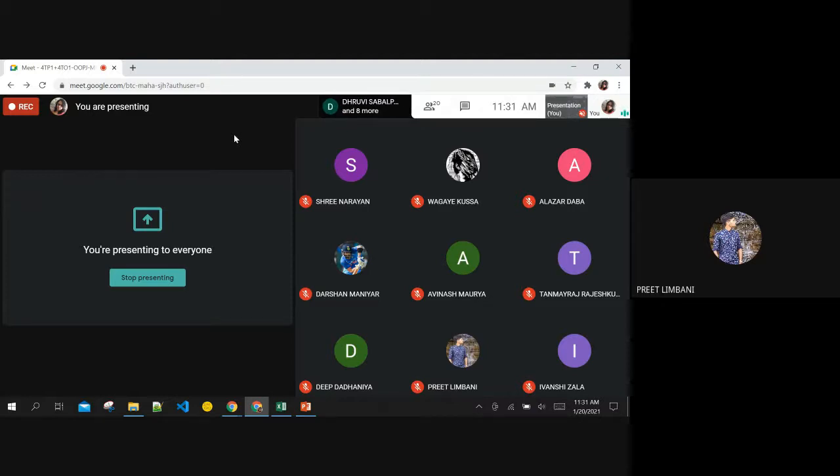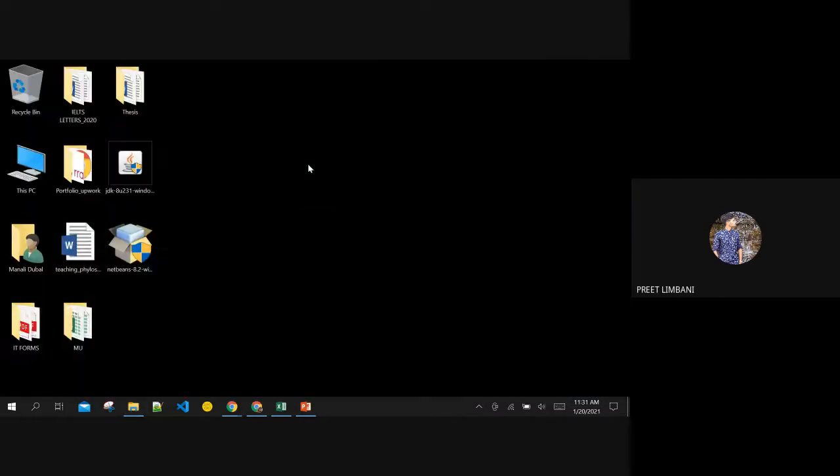All right. Now, the next step is installing NetBeans. It's the same setup, which I have kept in the same directory on the desktop. Double click it. It will ask for permission. If it asks, agree to that.